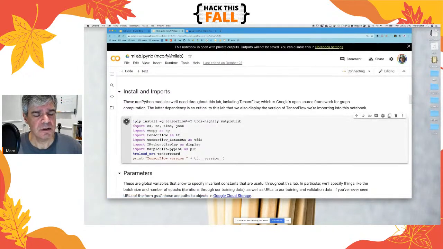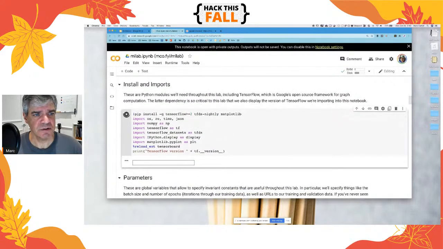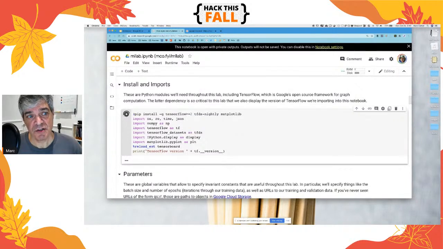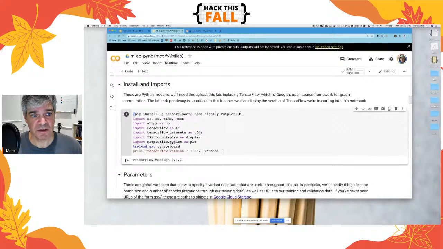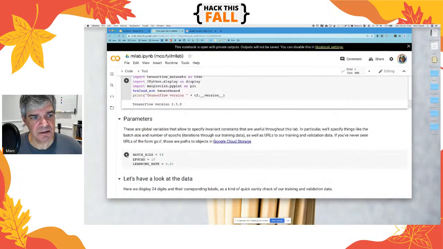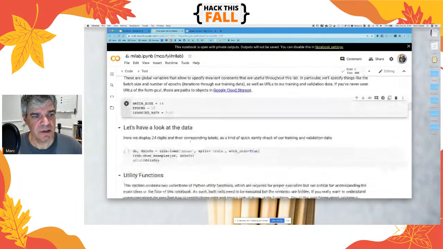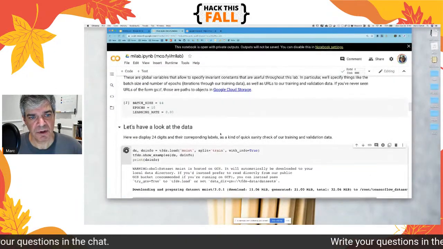So typically I install TensorFlow, and this illustrates that you can access shell commands or system commands by just prefixing them with the exclamation point. I think that's a feature of Jupyter in general, but it works just fine on Colab. So I'm able to pip install, which is the Python installation utility, the TensorFlow package here, and import a bunch of dependencies. I set some parameters, and the exercise that we're working with here is the